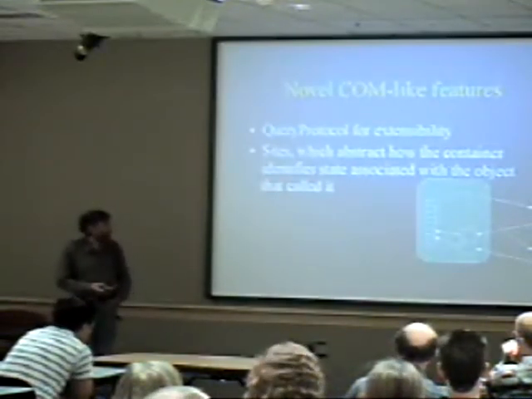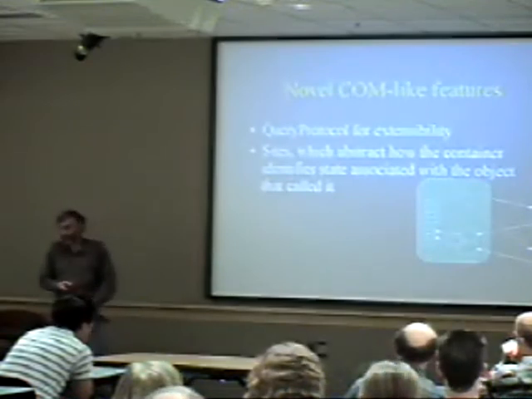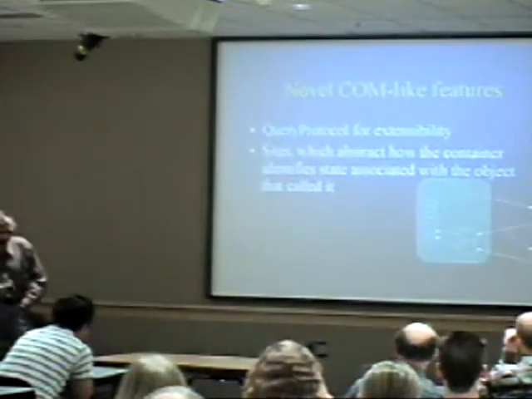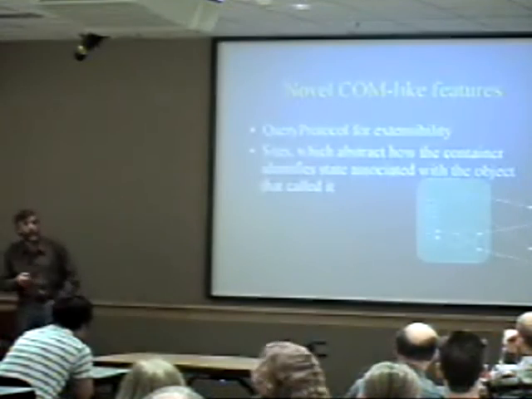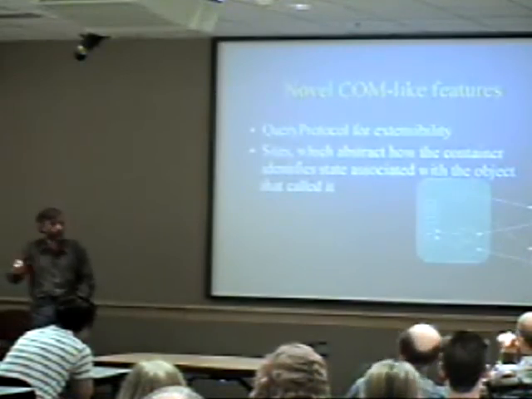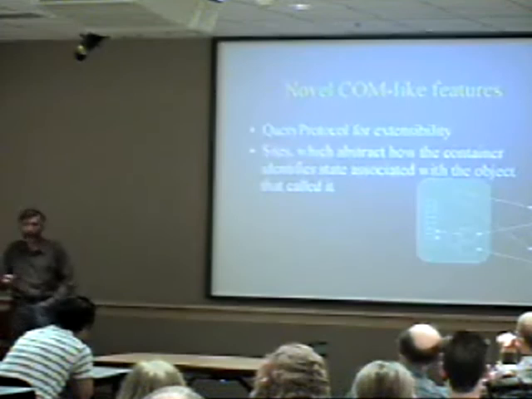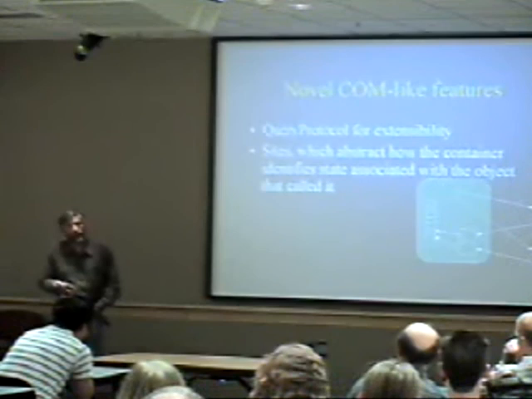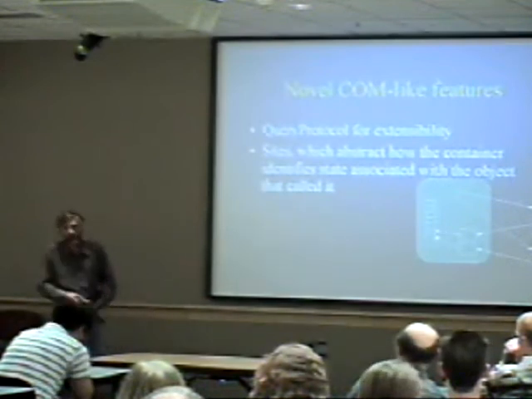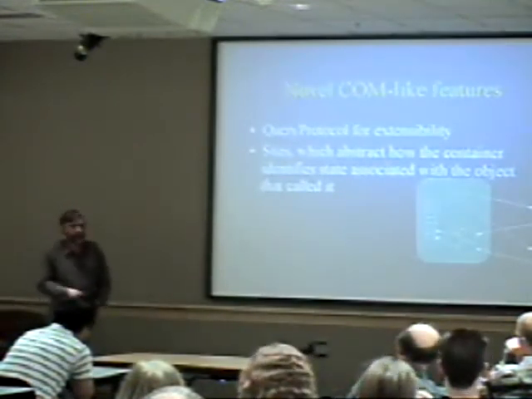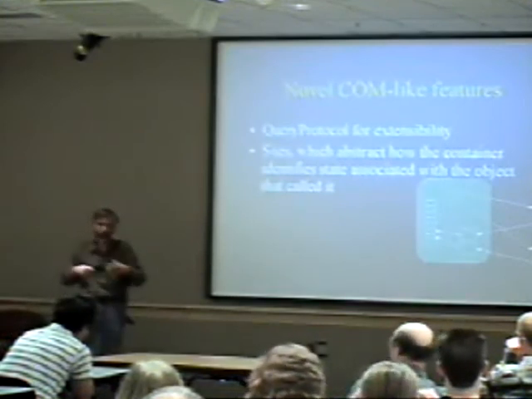Another innovation there seemed to be this notion of site objects. I can best explain this by referring to, let's say, Windows dialogs. In the Windows Dialog Manager, controls that are on the dialog are given an identifier, and when they send a message to the dialog, they send that identifier along to say who's calling, so that the container can identify what action it needs to take dependent on who called it. So, if the button says I got clicked, you'd like to know that it was the OK button rather than the cancel button, as a trivial example. And I thought about all the various possible ways that you could do this, and who manages the identifiers, and all sorts of issues like that.